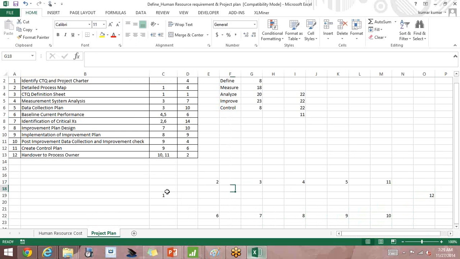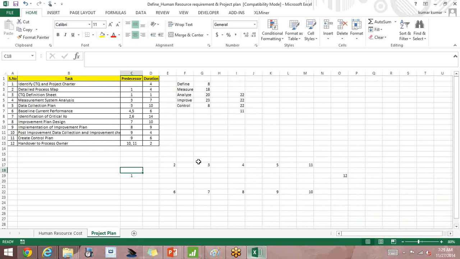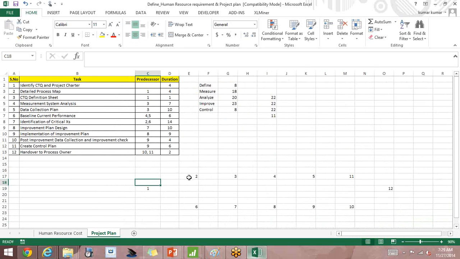So task 1. Hope this is visible, or let me make it 90%. All right. So step 2 has a predecessor as step 1. Let me highlight the marker.